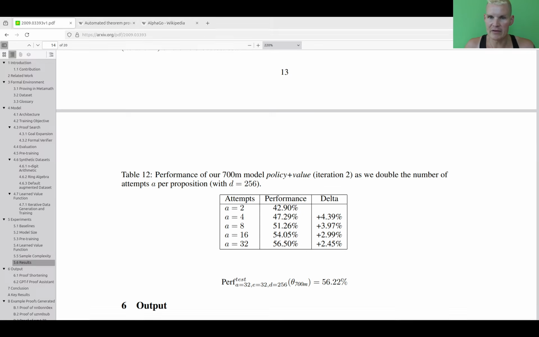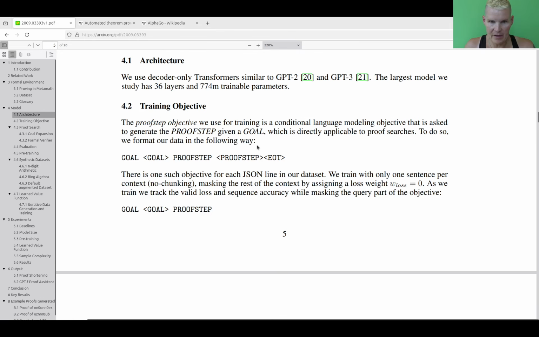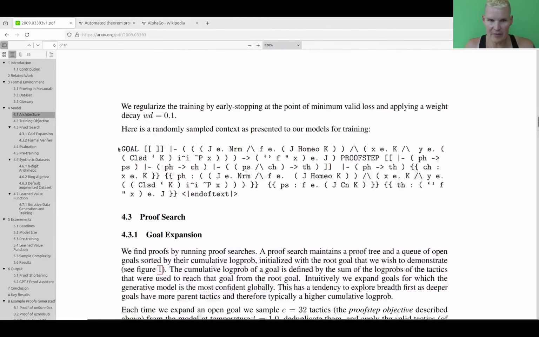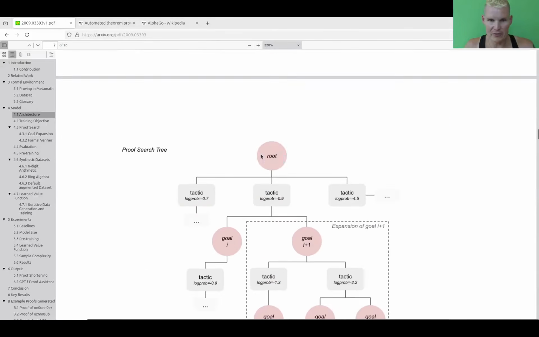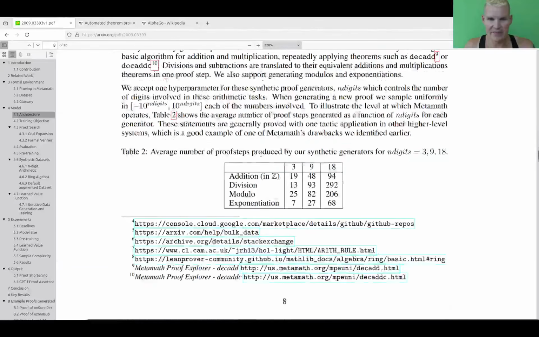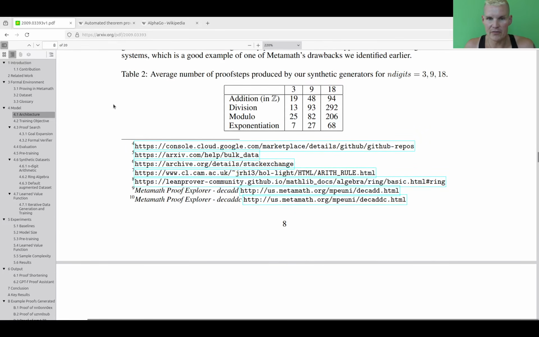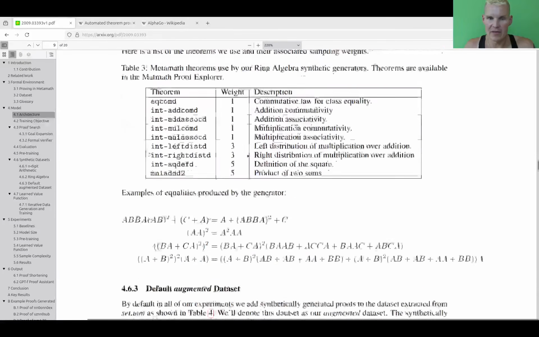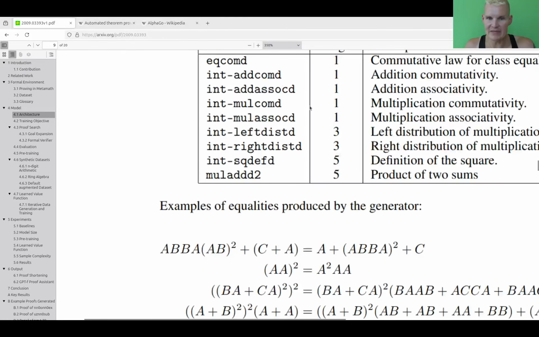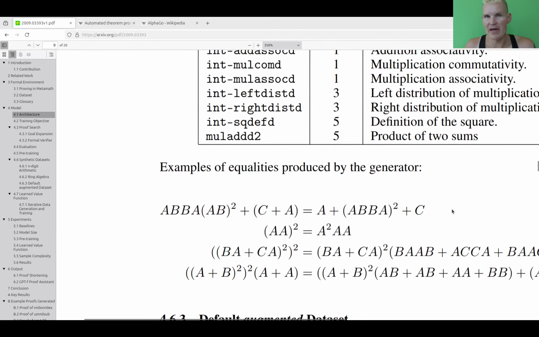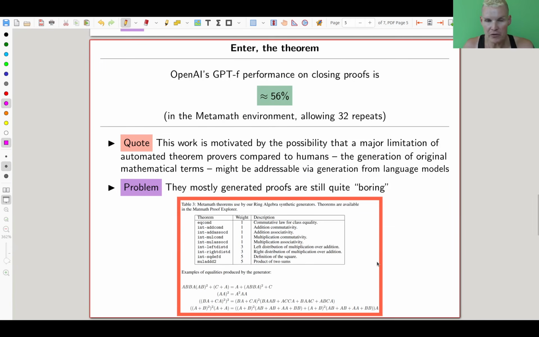I have one here. They give several other examples if you just scroll through. So this is, by the way, how a formal proof will look like. It's kind of a lot of nonsense. So they did mostly very simple things like addition, division, modulo, exponentiation, and you can write down different formulas, or a little bit in some easy ring theory, something like an equation of that form, right? We're still very far away from doing the honest new math, but it's pretty good, and it's a pretty good first step, I think.